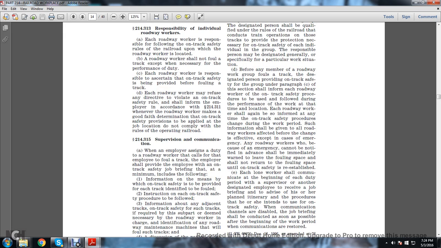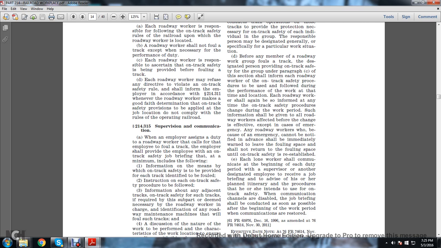214.315, supervision and communication. Whenever the employer assigns a duty to the roadway worker that calls for the employee to foul a track, the employer shall provide the employee with an on-track safety job briefing that at a minimum includes the following: 1, information on the means by which on-track safety is to be provided for each track identified to be fouled; instruction on each of the on-track safety procedures to be followed; information about any of the adjacent tracks and safety on such tracks if required or deemed